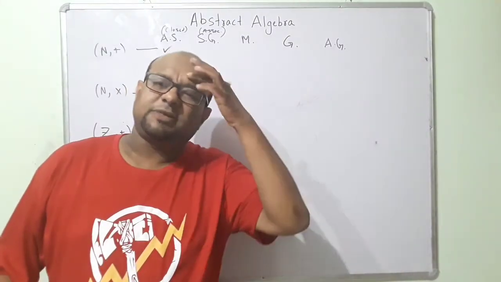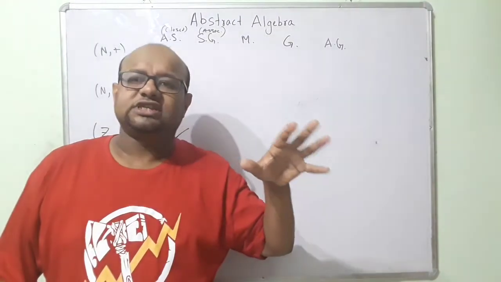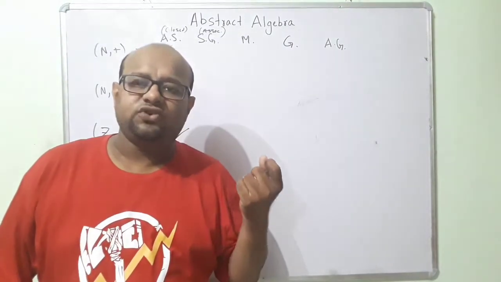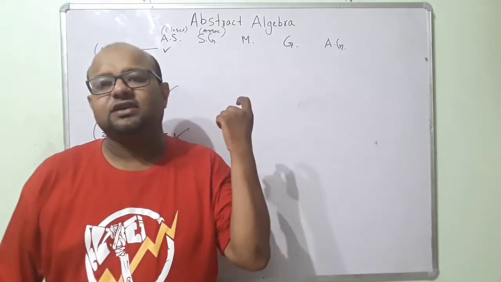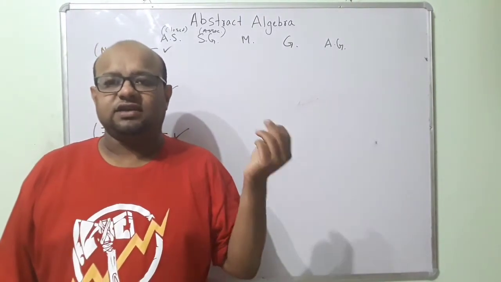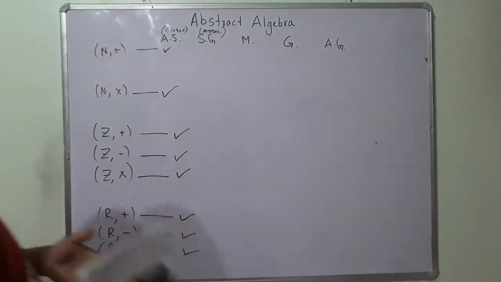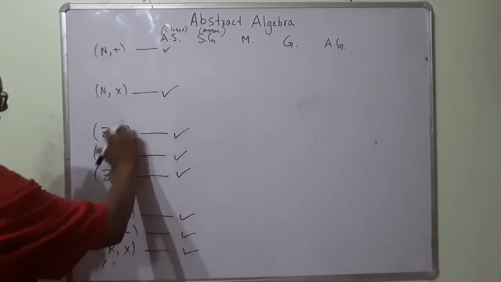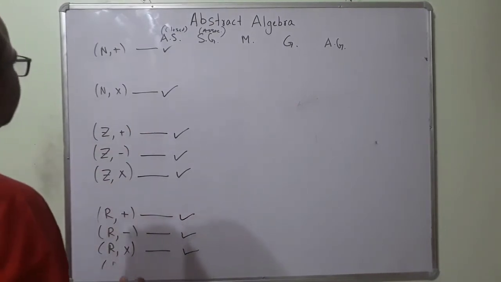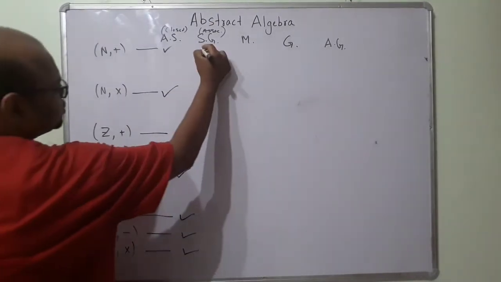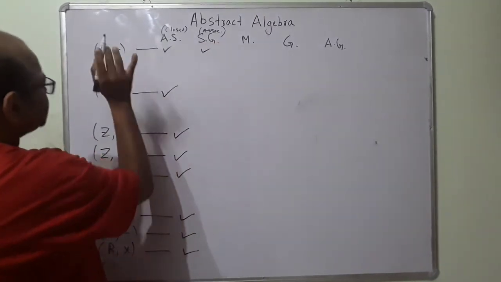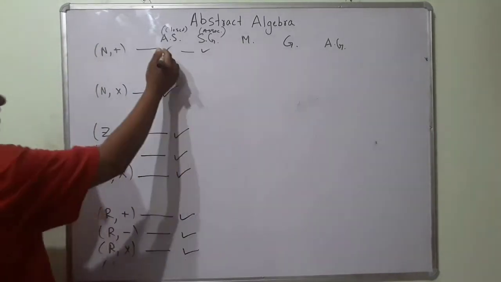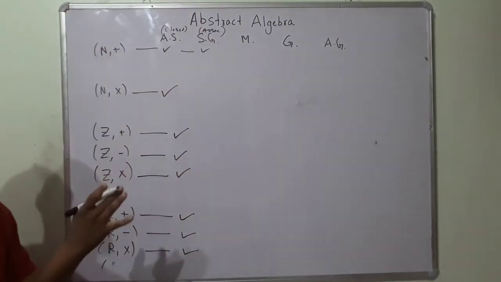You can look at appendix 1 or 2 of your discrete mathematics by Rosen. In that book there are a few axioms that are given. This is a truth about addition. It is one of the axioms, that addition is associative, at least in case of numbers. We will talk about matrices later on, but right now we know addition is associative. So I know this natural number under addition is a semi-group because it is closed and the associative property holds.